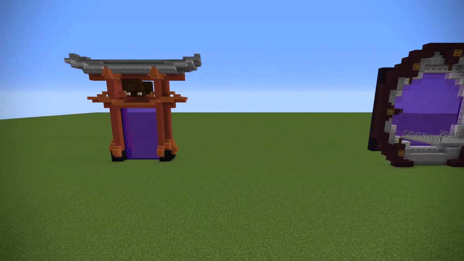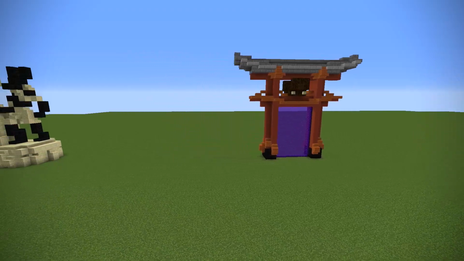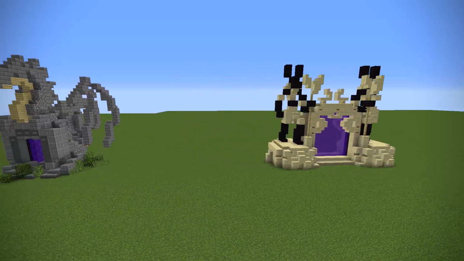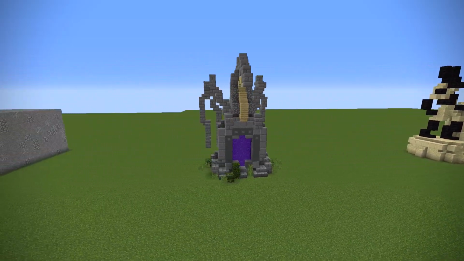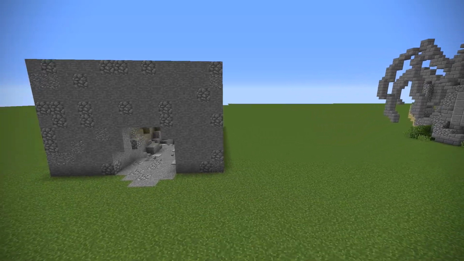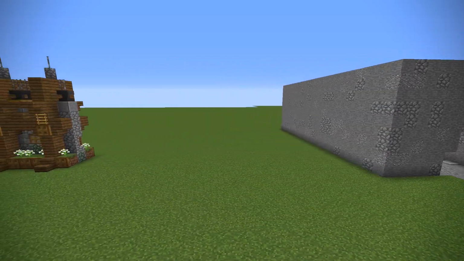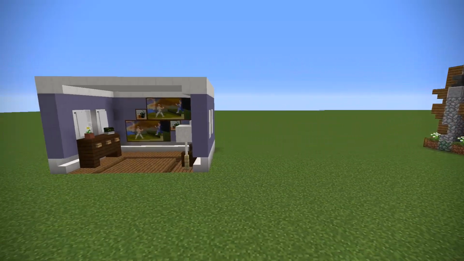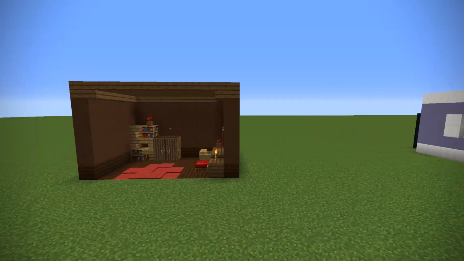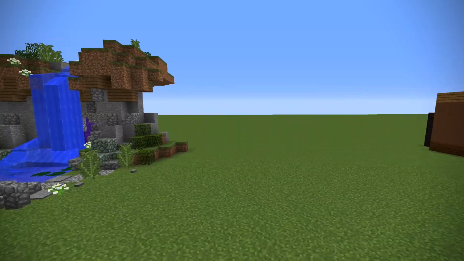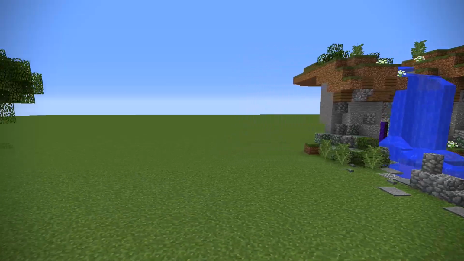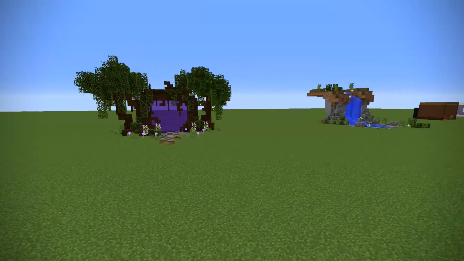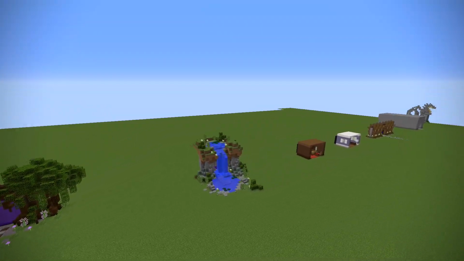Hopefully one of these has taken your fancy and you really want to make a style themed portal like one of these Anubite ones or the dragon one, in which case go down into the description where Pearl has made a block for block tutorial, the cave one for those of you that like to live underground, the wall one for those of you that like to live inside a fortress, and the interior ones for those of you that like more modern or just a very subtle one hidden away, or for those of you that live outside there's the waterfall one, and the first one we did, which is the nature one for those of you that live in a forest. I've tried to cover many bases,